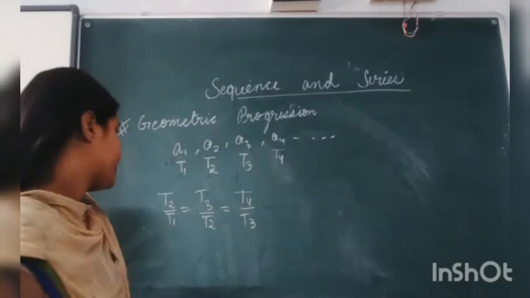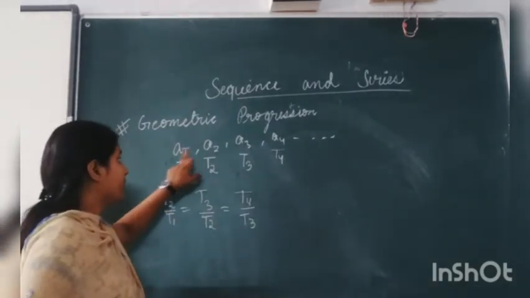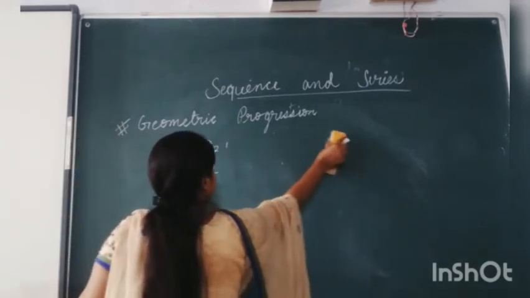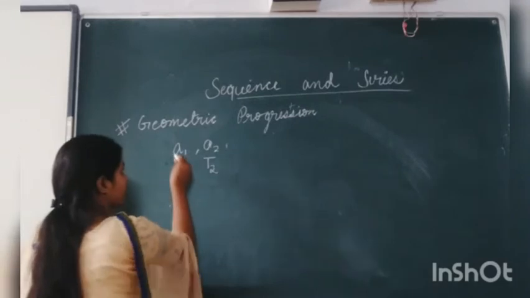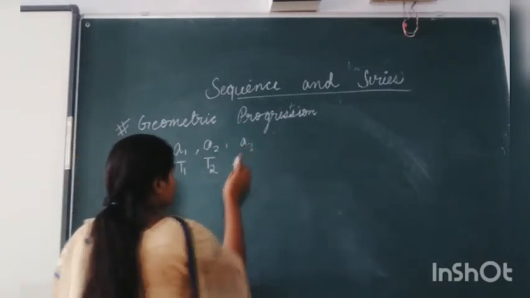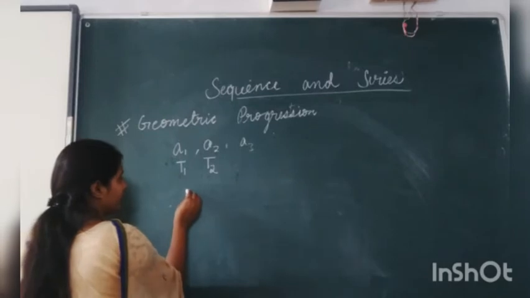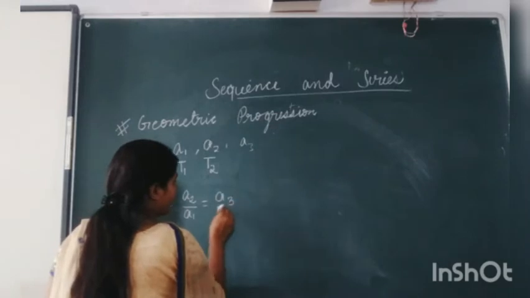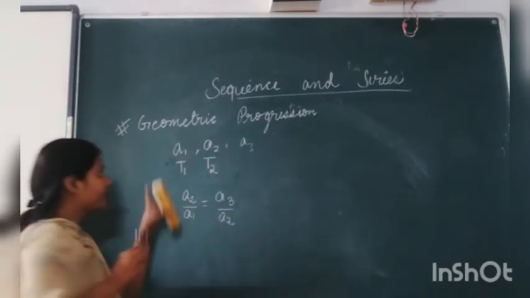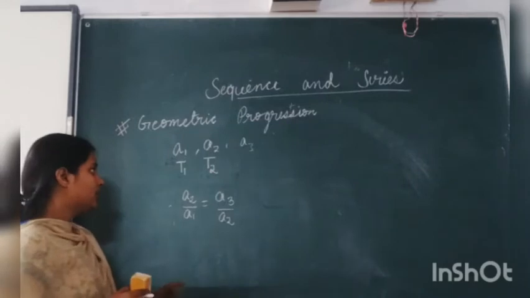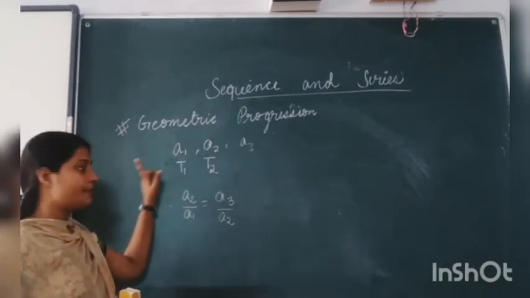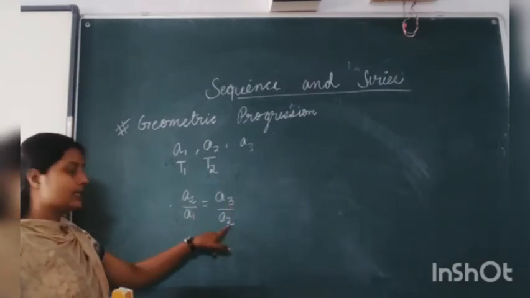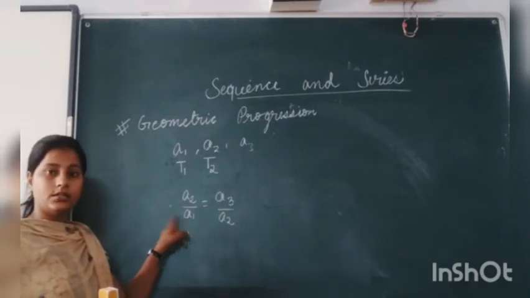geometric mean also. Now let us suppose we have only two terms a1 and a2 and we have to find the geometric mean of these terms. Say a1, a2, a3 हमारी सीरीज थी. तो आपको पता है कि a2 upon a1 is equals to a3 upon a2. यानी कि if we have three terms a1, a2 and a3, then this is in geometric progression if it satisfies this relation. कि second term का first term के साथ ratio, third term का second term के साथ ratio जो आएगा that will be a constant.